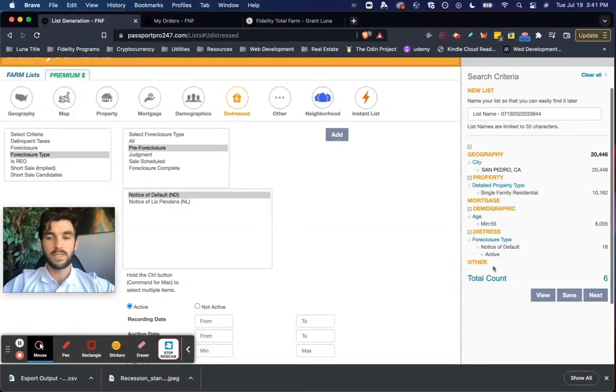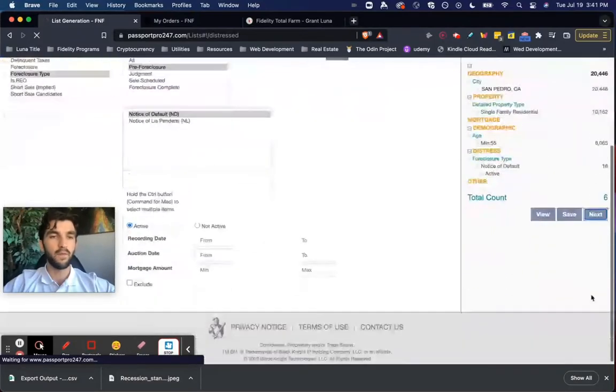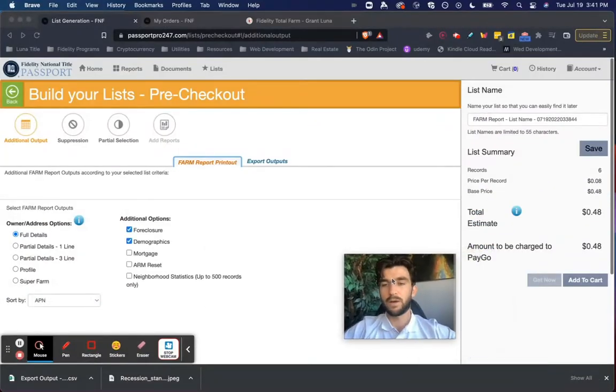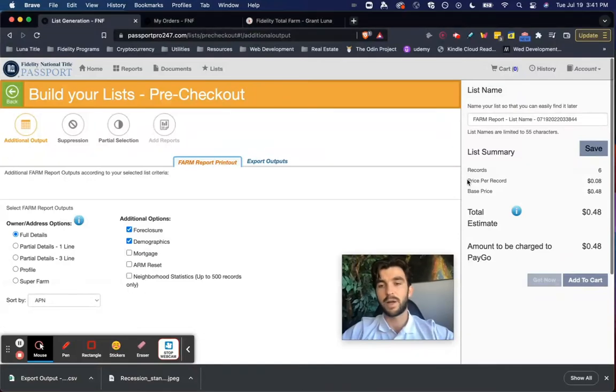So how I actually get this data is I select next. It'll give me the cost breakdown for this data. And on this next page, it shows me, so the price per record is 8 cents per record. I misquoted it in the first part. I said 6 cents per record. And I can select add to cart here, but there is a key step